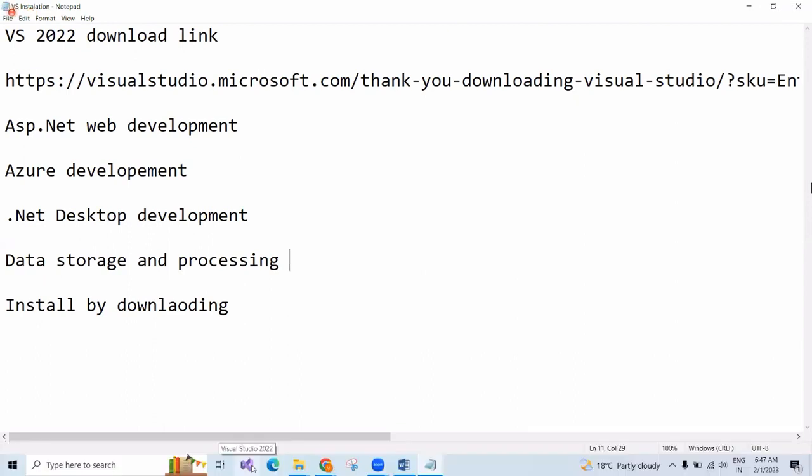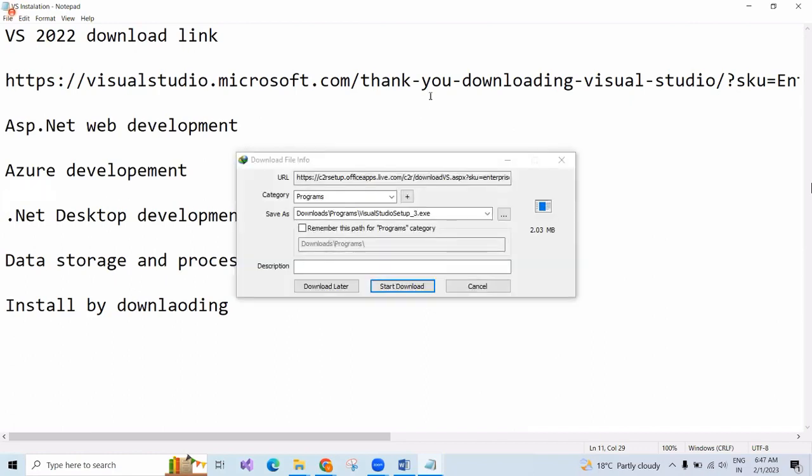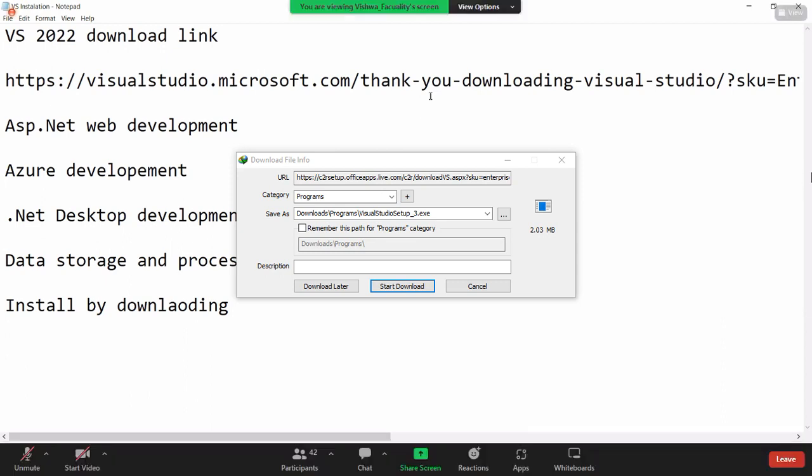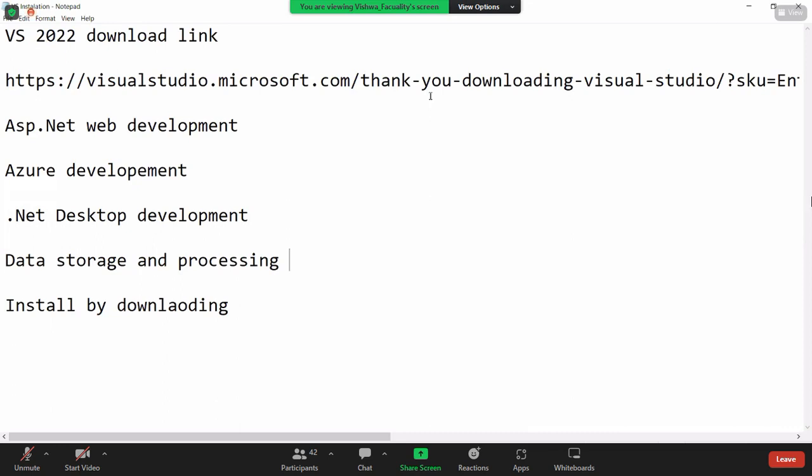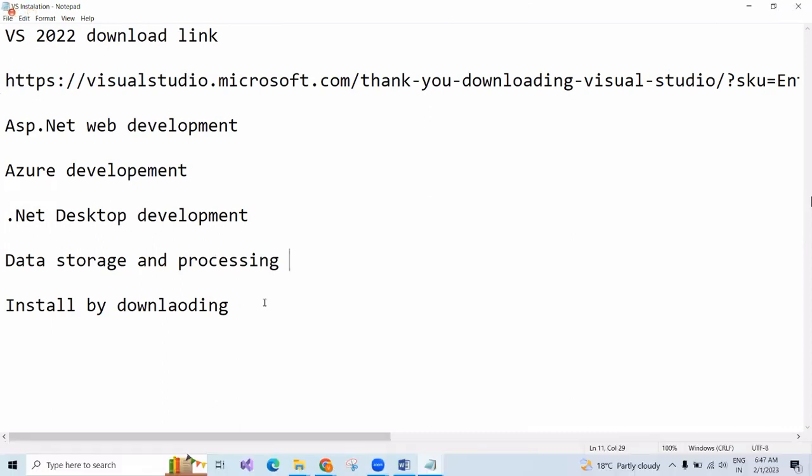Try to connect with our Hariprasad sir, so that he will guide you with the lab coordinators. They will help you with installation of Visual Studio. That is step one. Tomorrow also I will help you for 10-15 minutes. Please join a little early, so that you won't miss these installation steps. I will also show you so that you can install on your own while the class is running.